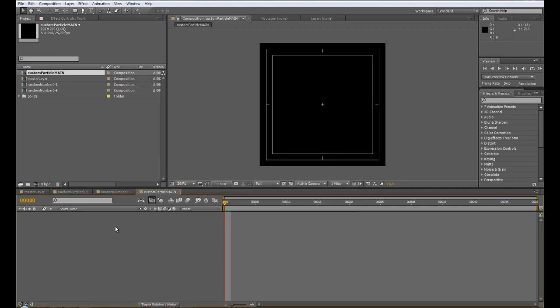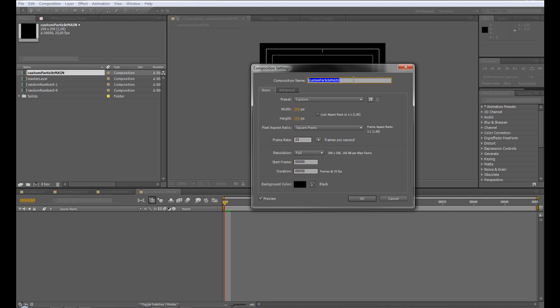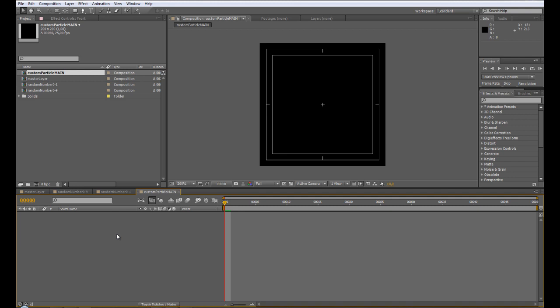Create a new composition and name it something like custom particle main, so that you know which one you're working on. Size 200 by 200, 25 frames per second, and the duration is 50 frames. The first thing you do is create a text